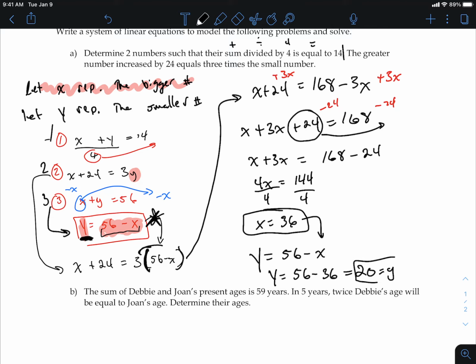Do we need to write our POI at the end of this? Okay, so the difference with this, it's a good question. I was going to talk about this. With word problems, you are discussing the point of intersection, but you now have provided context around what that point of intersection is. Specifically, with these two lines, you can write a therefore statement that says the bigger number is 36 and the smaller number is 20. I will be happy with that. Is that okay? So therefore,